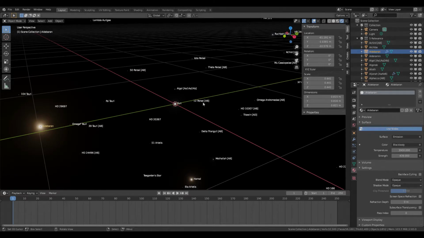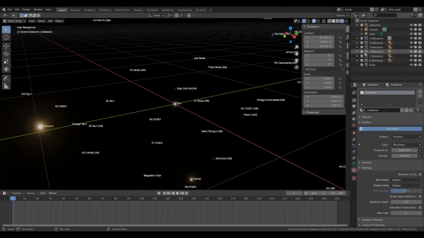If we now look at our outliner window over here, you can see the add-on automatically generated a few collections, and the stars also have the names as their in-scene name, and also the material has the name of the star. And you can see the collections are based on relevance. Each star has a relevance value that I assigned based on its importance, or rather relevance, and this is based on their primary name, the name which it is most known for,